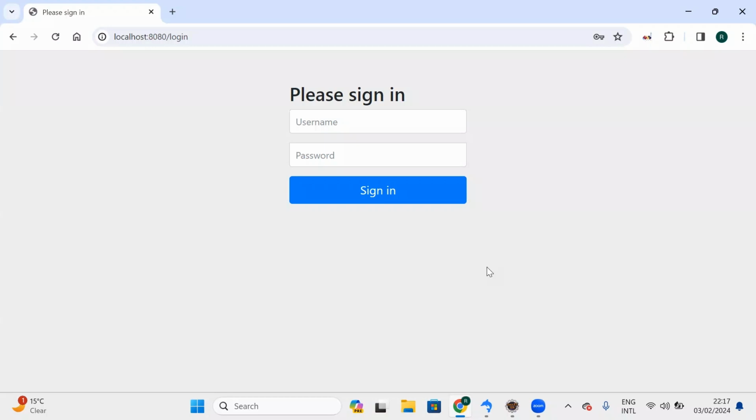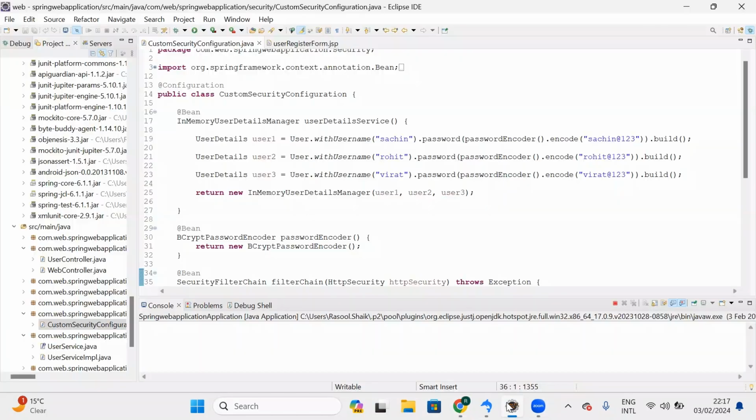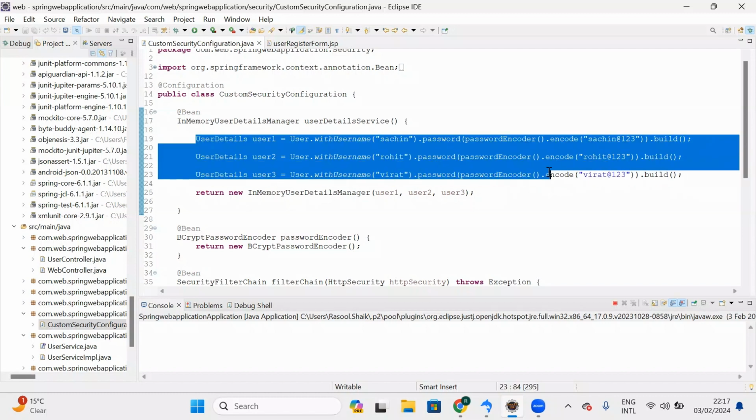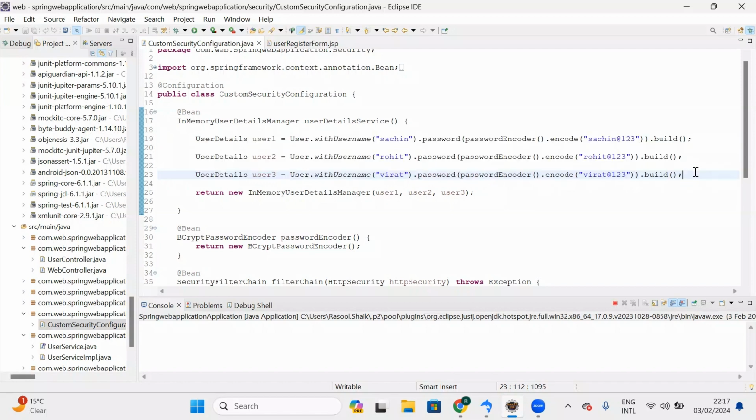So far, we are using static credentials to log into our web application, right? Here we have configured Sachin and Sachin@123 as one user, Rohit and Rohit@123 as another user, and Virat and Virat@123. So in total, three static users are configured, and we are able to log in with